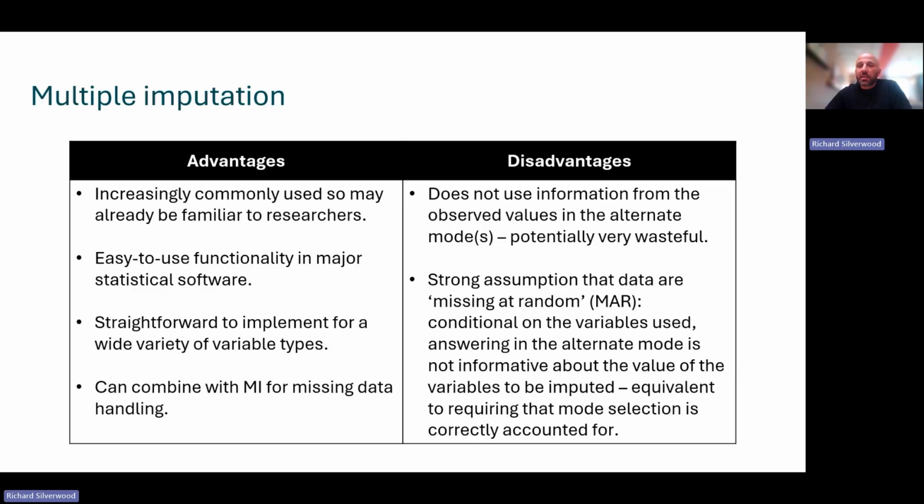So in a missing data setting, this is the missing at random assumption that people may have heard. And what this means in the context of handling mode effects is that, conditional on the variables that we use in our imputation model, answering in the alternate mode is not informative about the values to be imputed. And really, this is just equivalent to requiring that mode selection is correctly accounted for, which I think we've already emphasized is quite a difficult undertaking to guarantee that we've done,